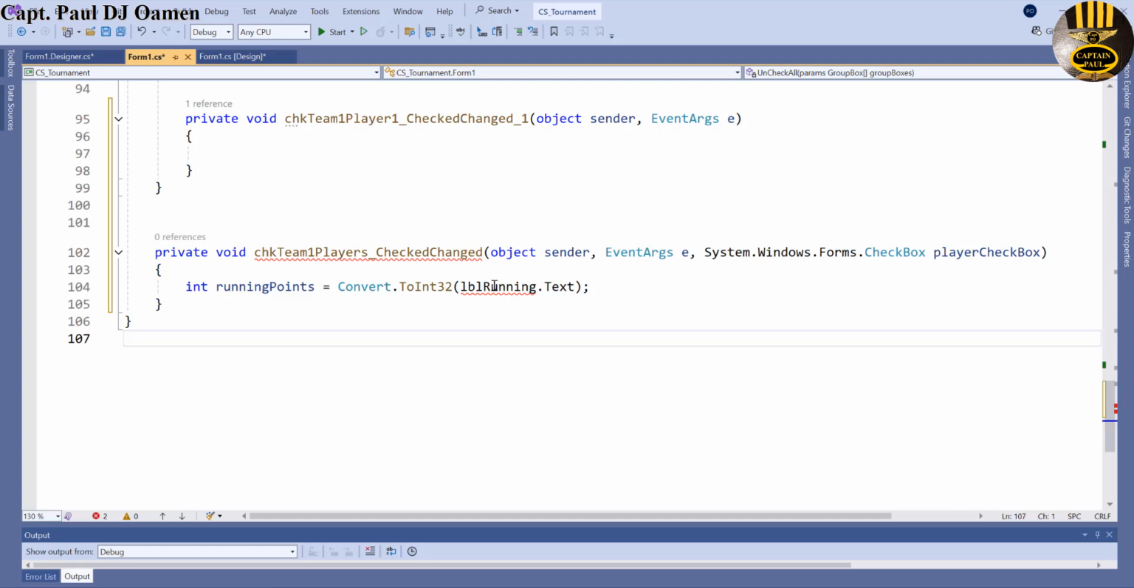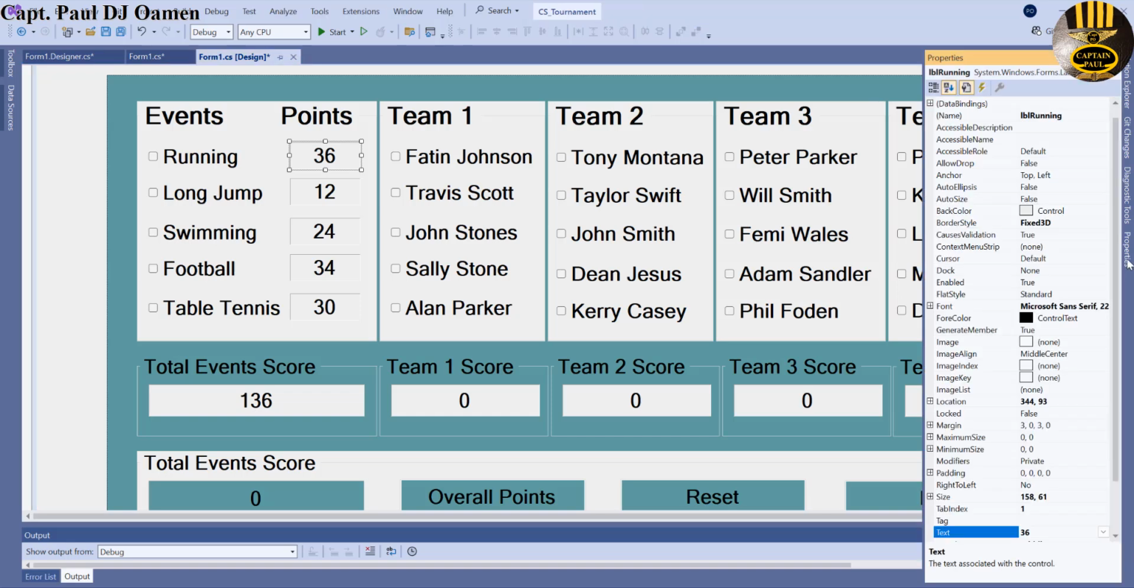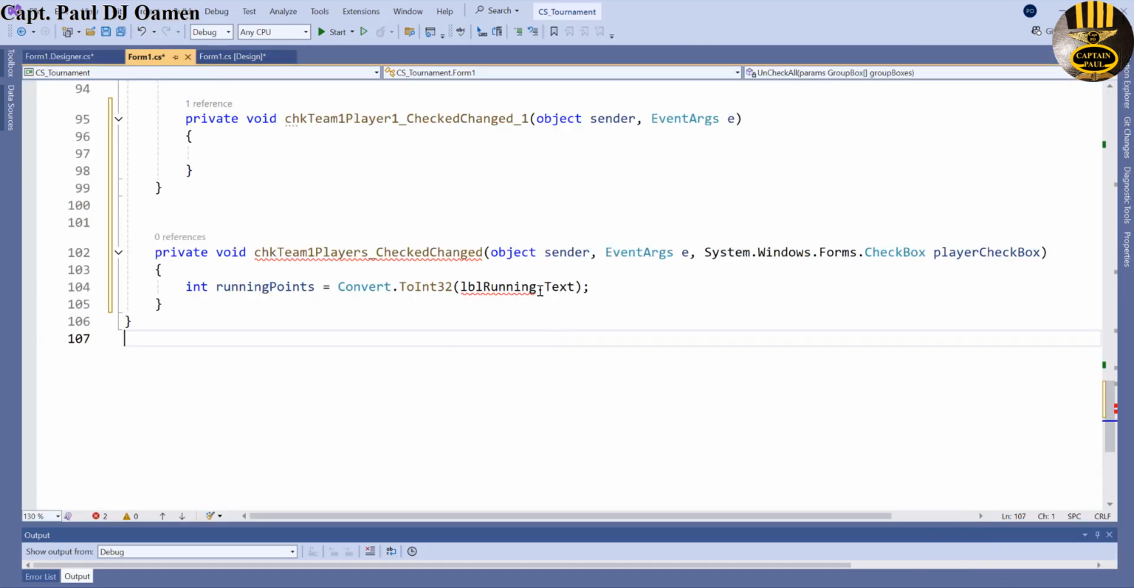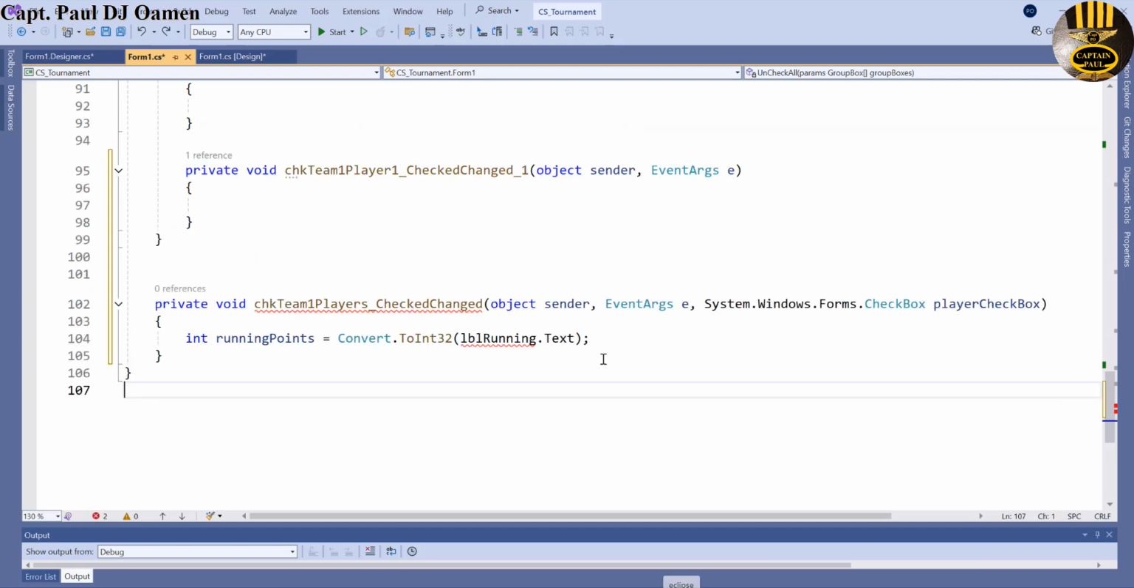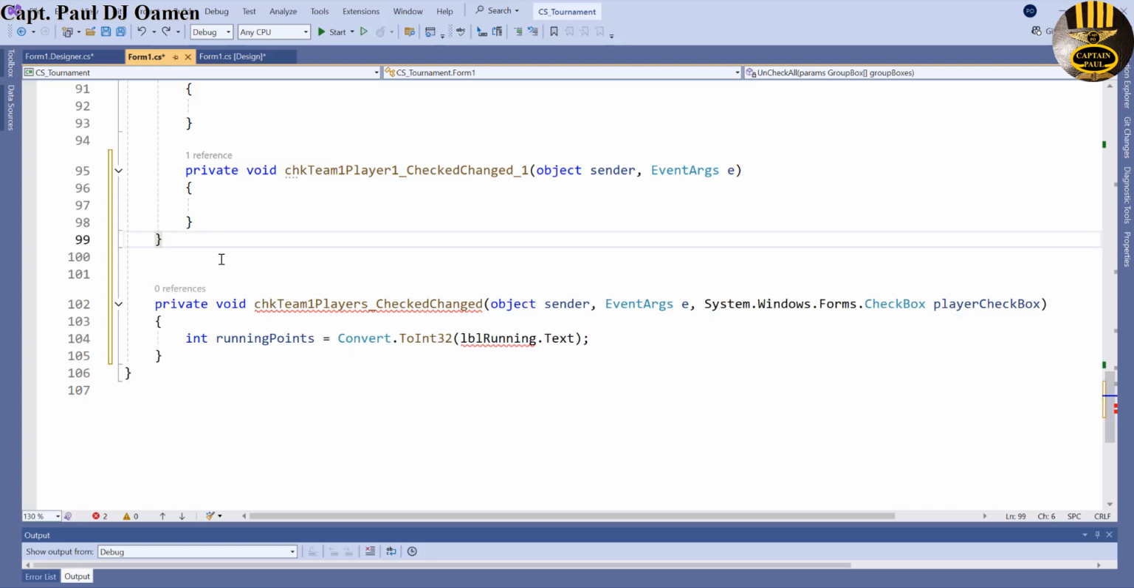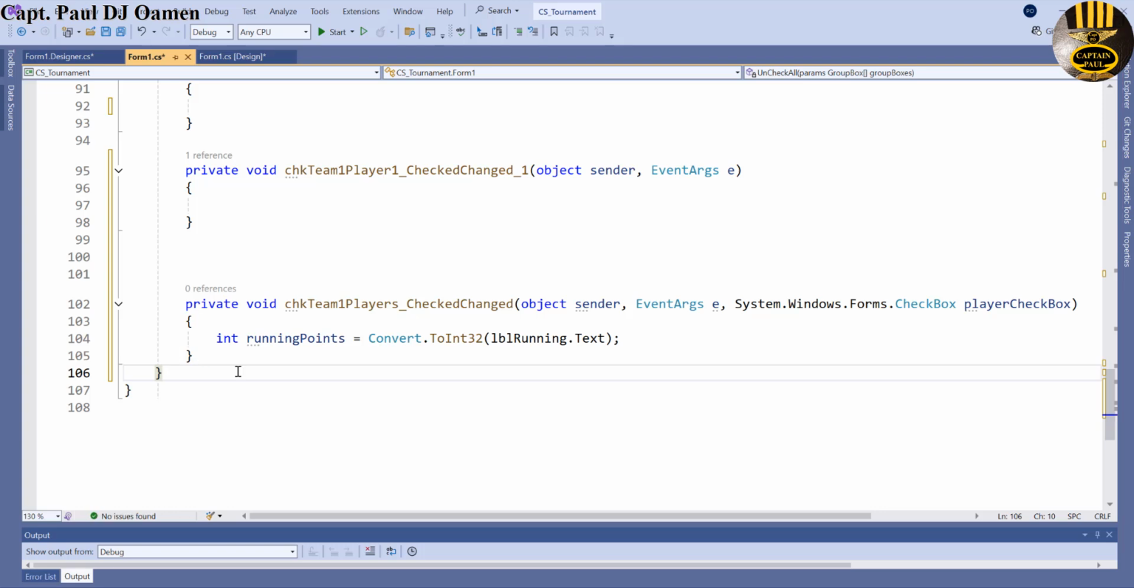Now what is the name? Yeah, I guess the name is right. Okay, so let's see. Yeah, LBL running dot text. Okay, so let's take care of these errors first. These square braces should actually be underneath here, so let's take care of that. There. Okay, the next one is going to be for